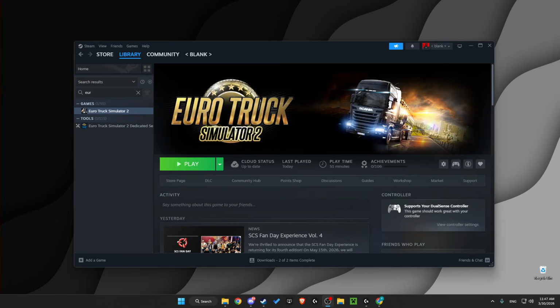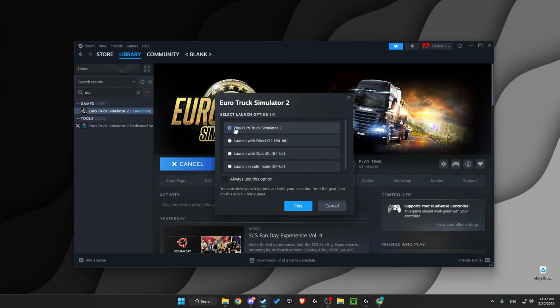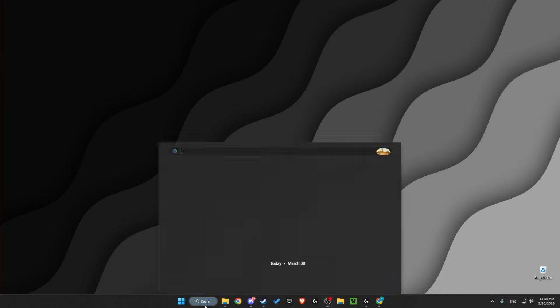So the first method I suggest is to hit play and then press launch in safe mode, and play and look if Euro Truck Simulator 2 is crashing in safe mode or not. So this is the first method, but if the problem persists, next fix, you need to go to search, look